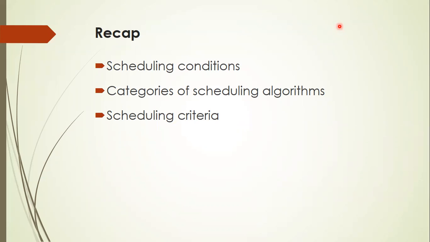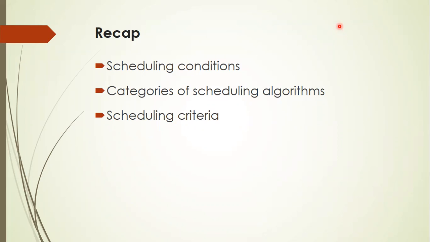Depending on these four conditions, CPU scheduling policies have been classified into two types: non-preemptive policy and preemptive policy. In case of non-preemptive policy, once the CPU has been allocated to a particular process, that process will give the CPU to the next waiting process only after that process is executed completely, or only if the process needs to do some IO operation. Otherwise, the CPU cannot be forcibly removed from the current process and given to the next